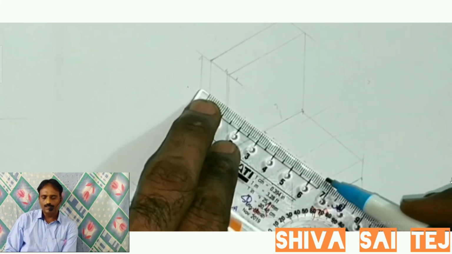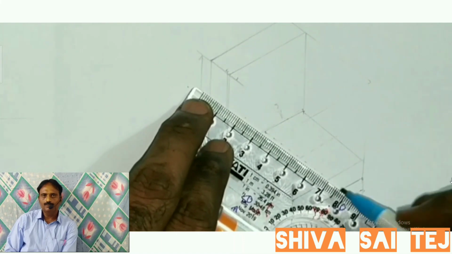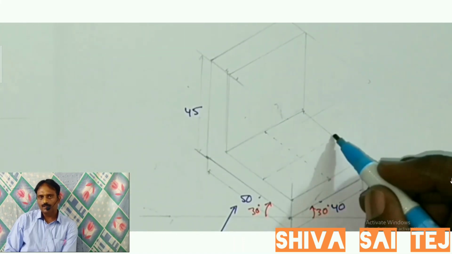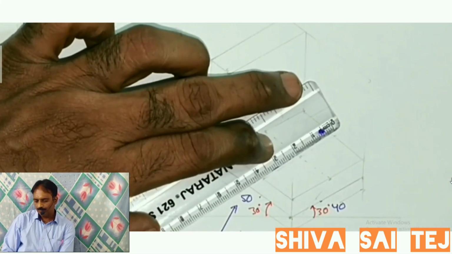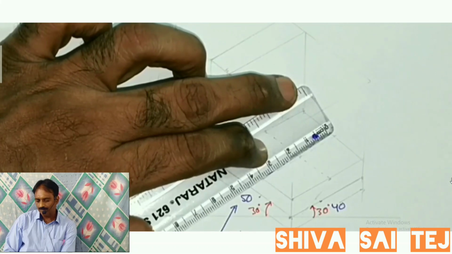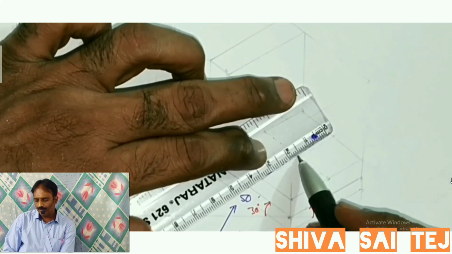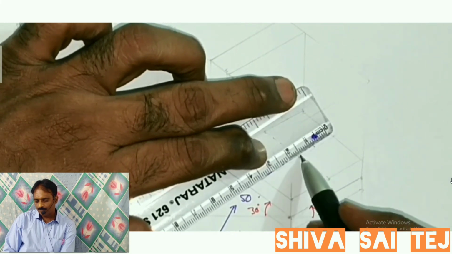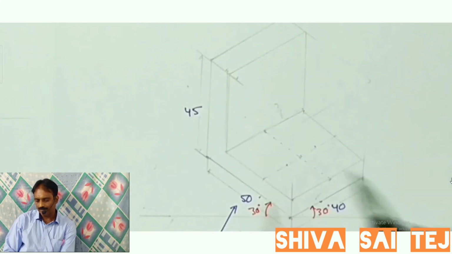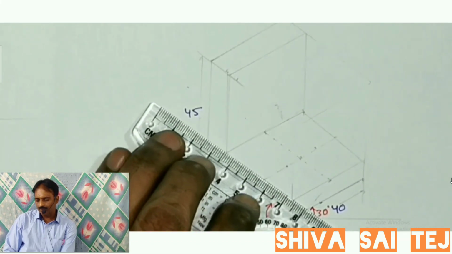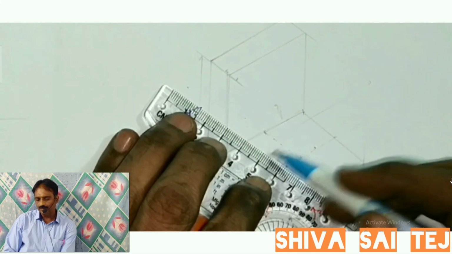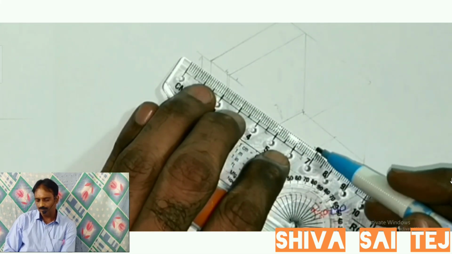With that center, we have to draw the isocircle of diameter 15 mm. So how to draw this isocircle? Already we have done one previous session. There you can learn how to draw the isocircles in different planes. Here we are drawing in the XY plane. So I am keeping a length of 15 units there. I am completing the rectangle here along X and Y directions such that the side of each rhombus is 15 units, that is the diameter of the hole.